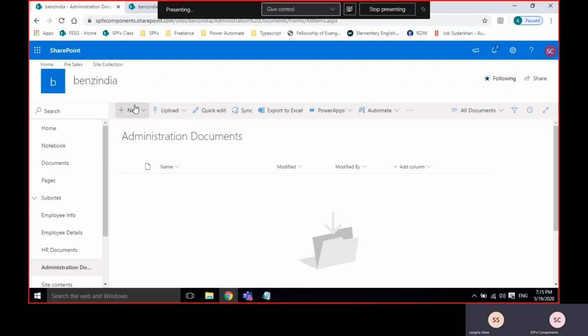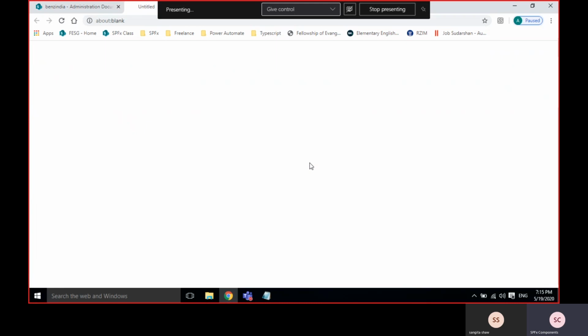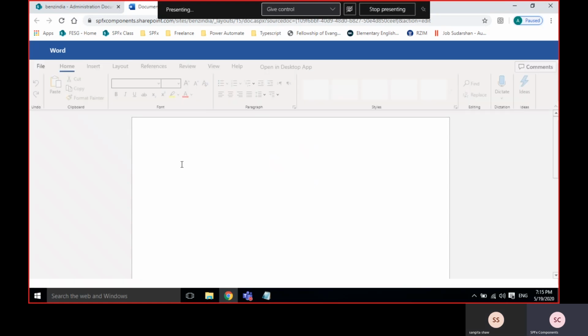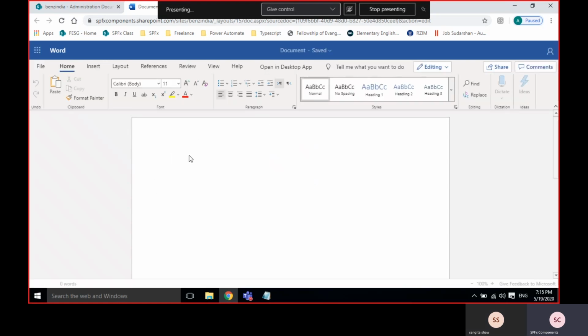Then let me create some document. This document is about administration, I'll make it security related.